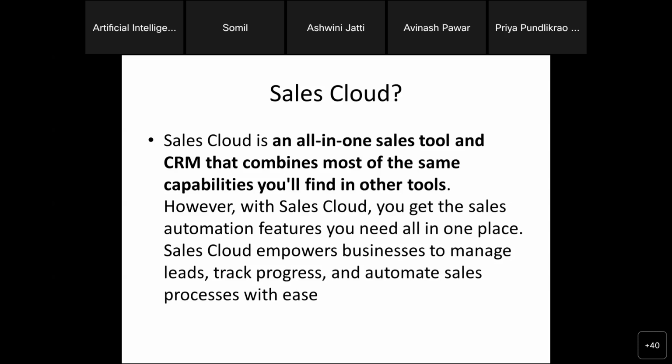If you are purchasing Marketing Cloud, you would be getting Sales Cloud and Service Cloud also.